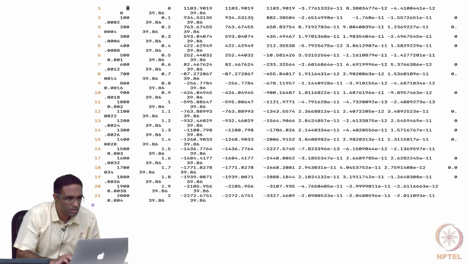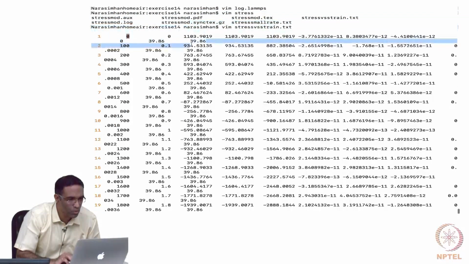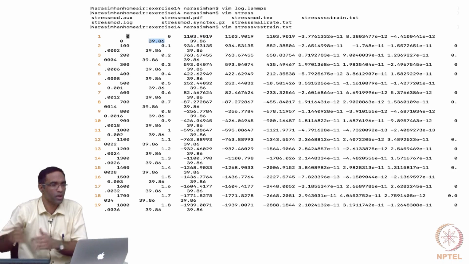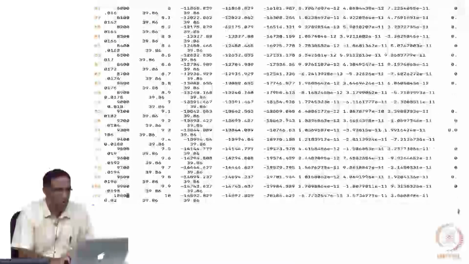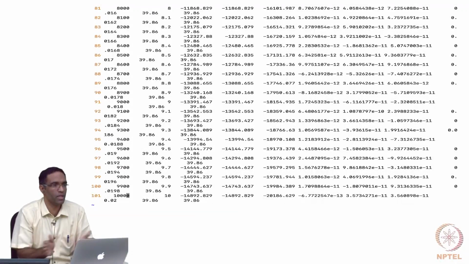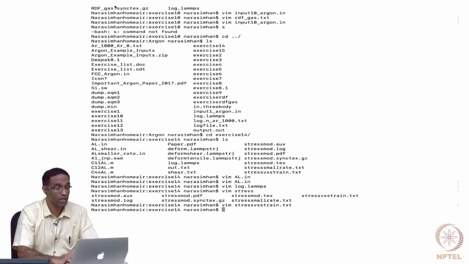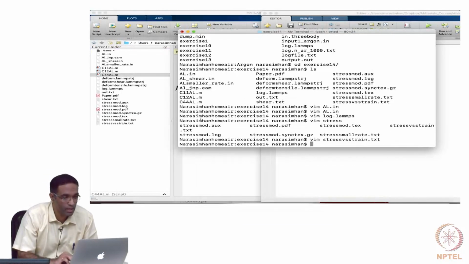The last two columns of every row are 39.86, which is Lx and Ly, essentially clearly not changing, which means there is no strain in the other two directions, right? So when I read this file and plot it,